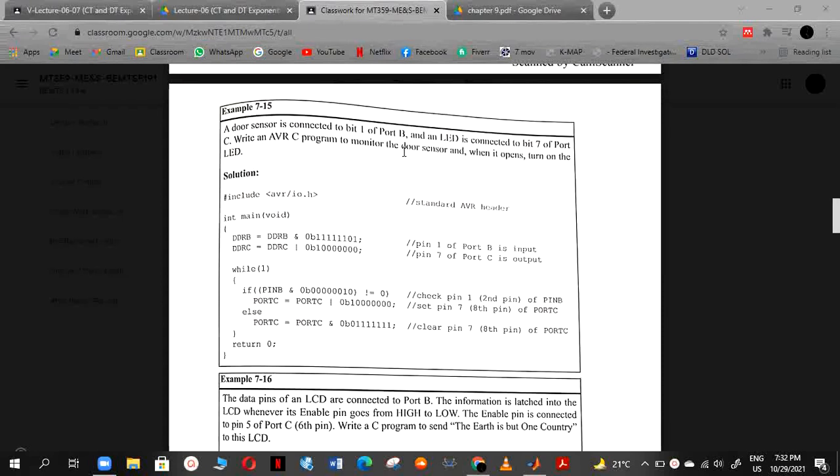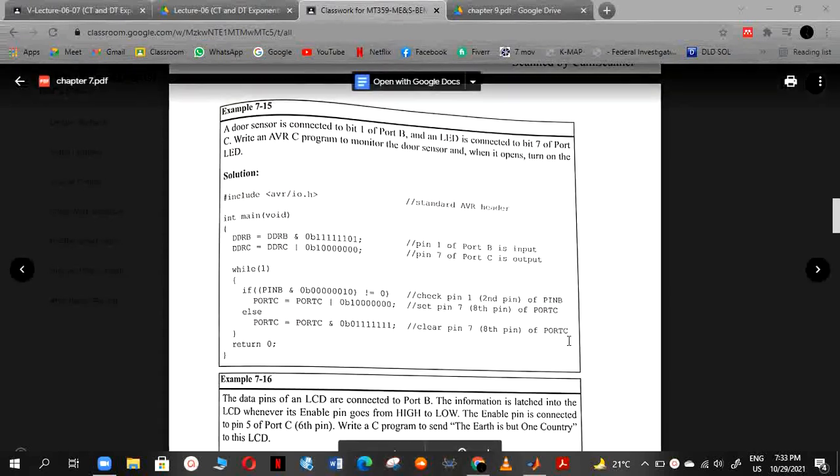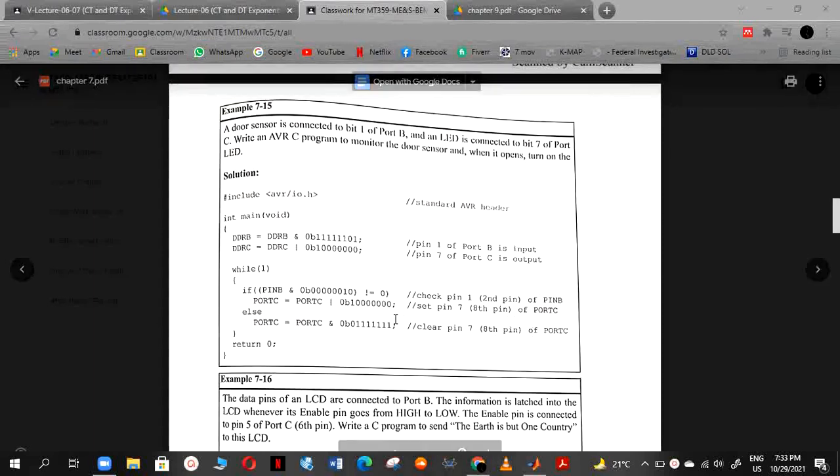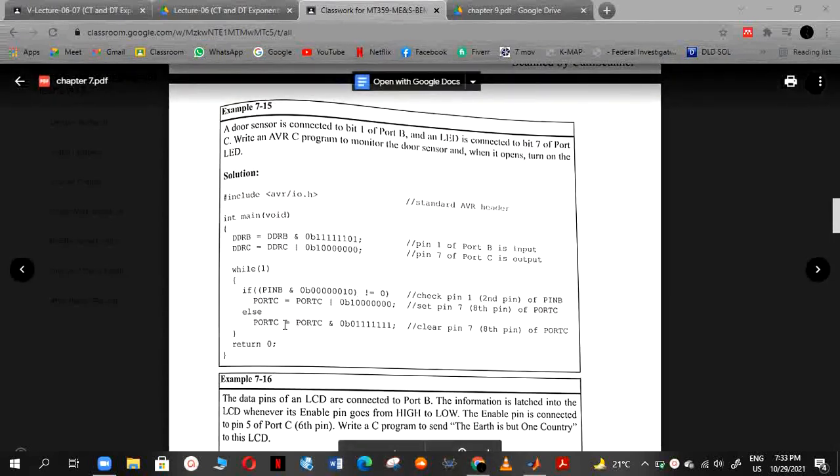With the help of an if condition, if PINB AND 0b00000010 is not equal to 0, then we are checking pin 1 of PINB. Then the data is sent to set pin 7 of port C, and it will drive our output.